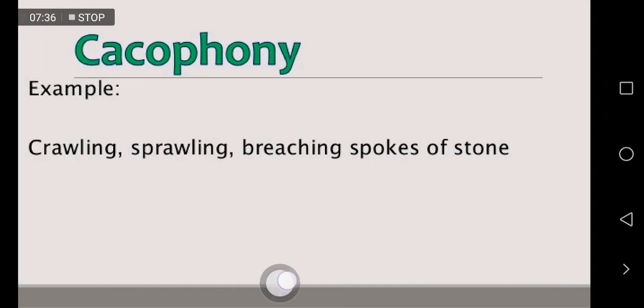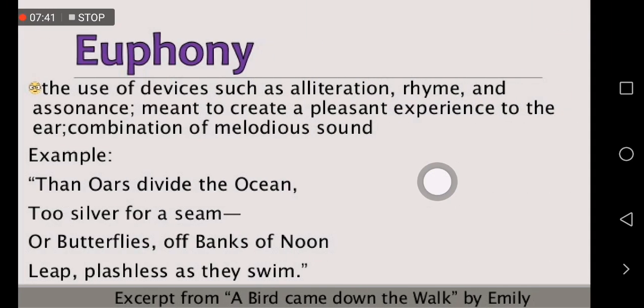Some more examples of cacophony: crawling, sprawling, breaching spokes of stone. Let's go to euphony now. Euphony: the use,